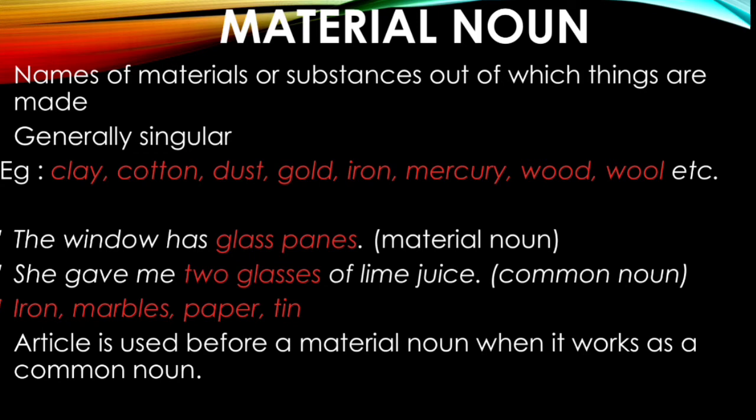It becomes common noun because it is made. Article is used. Here we can see an article being used, a material noun, when it works as a common noun. Okay. She gave me 2 glasses. There is a number representing that glasses,